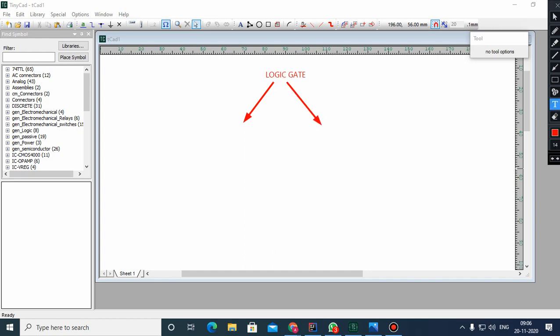The first type of gate is the basic gate, and another type is the universal gate. Actually there are only three basic gates, but universal gates are the alternative of basic gates. And the benefit with this universal gate is that using this,